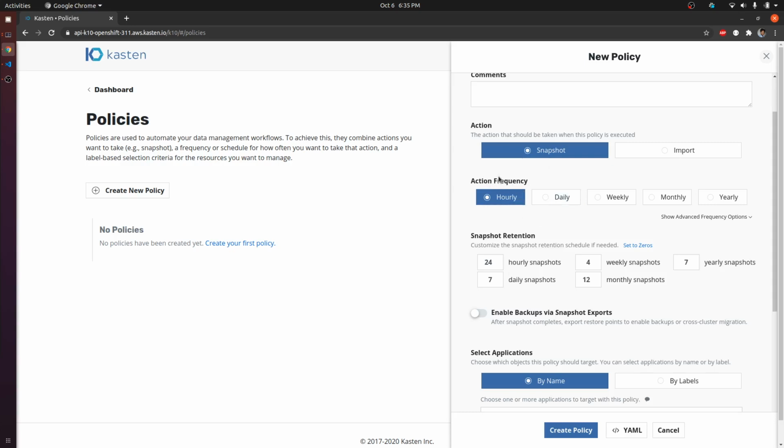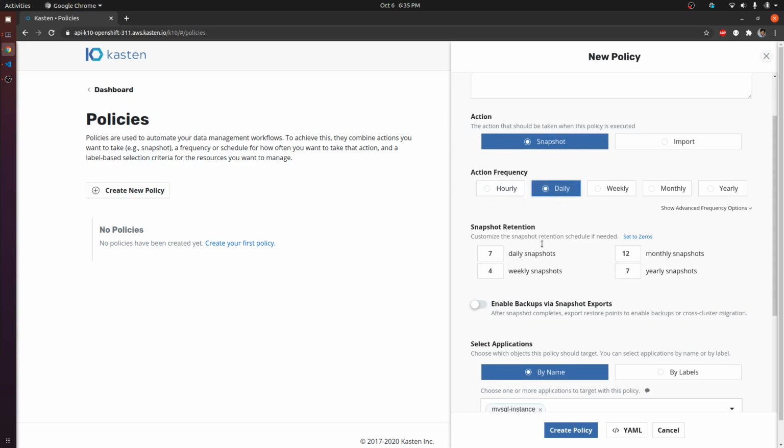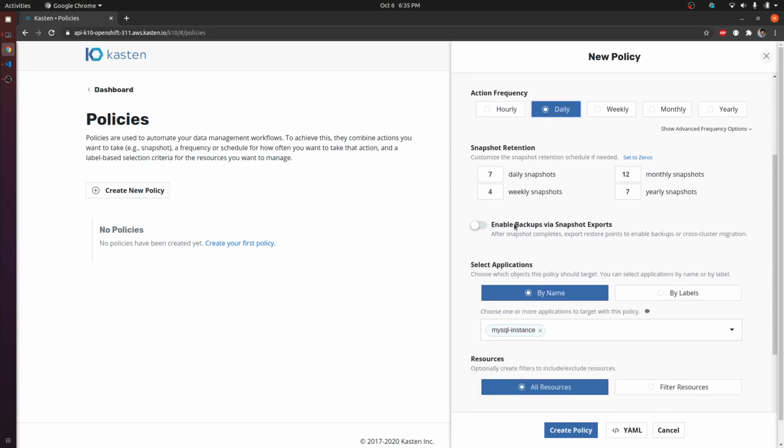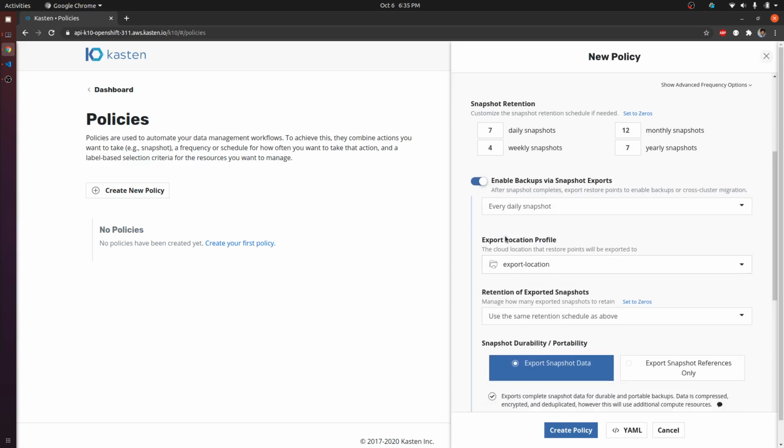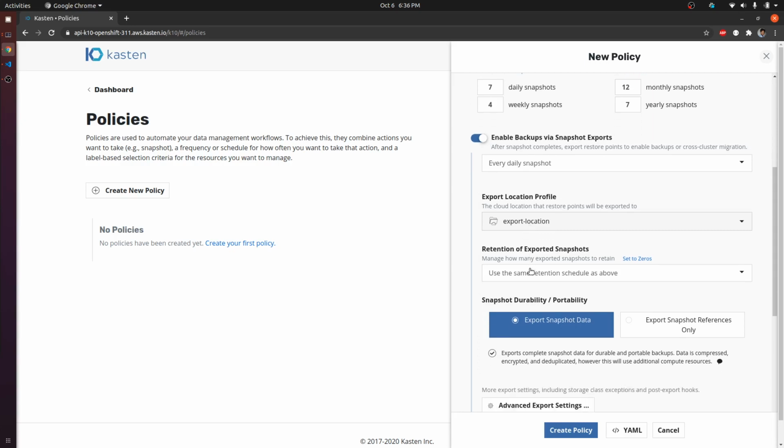And I'm going to choose the action frequency to be daily, and I'm also going to enable backups via snapshot export, because after taking the backup of this application, we want to export it to an object storage, right? And details of the object storage are in this export location that we just saw by going to the settings page, right?